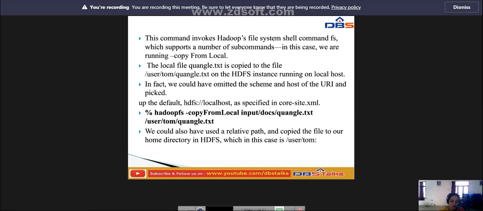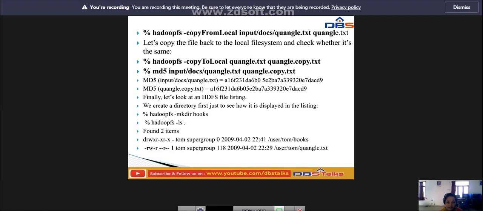We should also use a relative path and copy the file to our home directory in HDFS, which in this case is /user/tom. Okay. So this is the command I am using: percent hadoop fs -copyFromLocal input/docs/quangle.txt quangle.txt. So let's copy the file back.